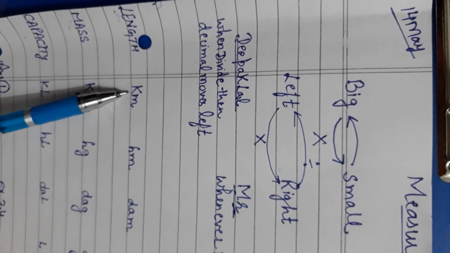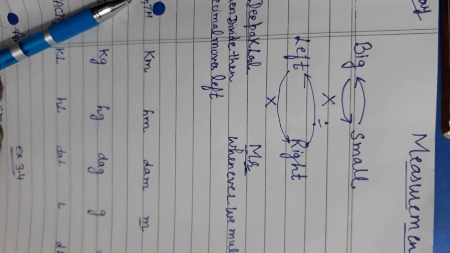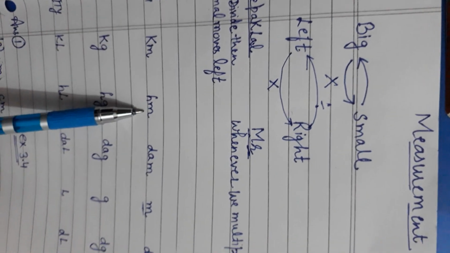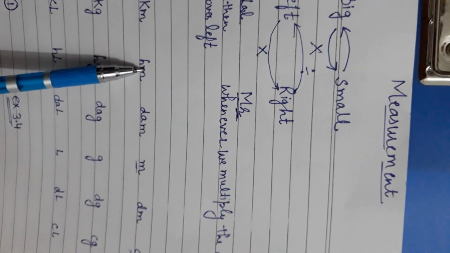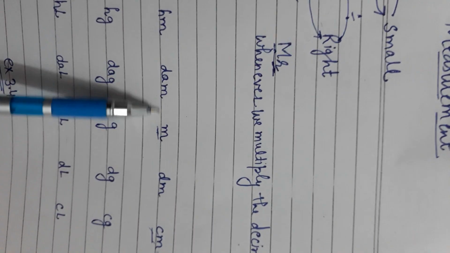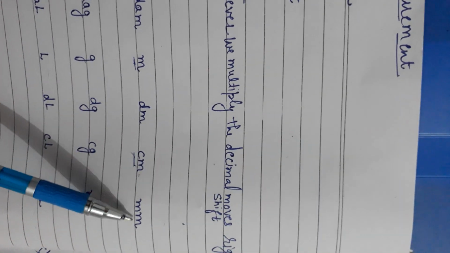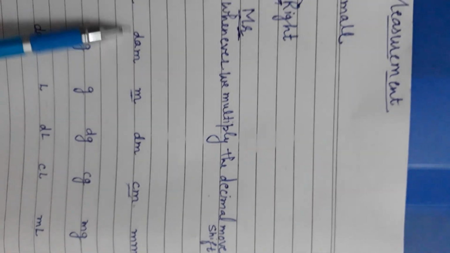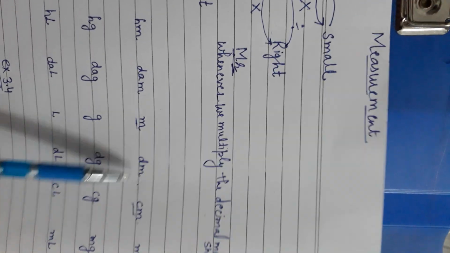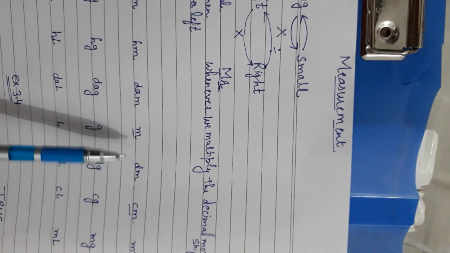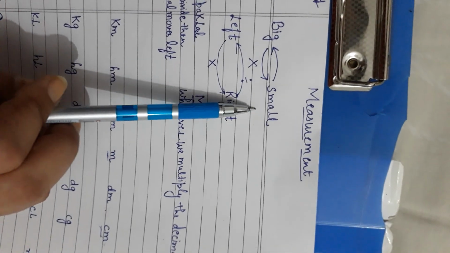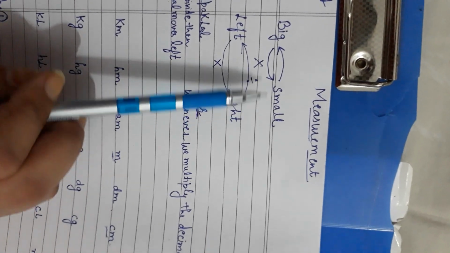See, kilometer left side पे लिखा है, it is the bigger unit of length. ਉਸ ਤੋਂ ਬਾਅਦ ਹੈਕਟੋਮੀਟਰ ਲਿਖਿਆ smaller unit है, ਇਸ ਤੋਂ smaller डेकामीटर है, ਇਸ ਤੋਂ smaller मीटर है, then decimeter है, then centimeter and millimeter. मतलब when we keep on going towards right the smaller unit ਵੱਲ ਜਾ ਰਹੇ ਹਾਂ, ਠੀਕ ਹੈ, so on the right side we have to write the smaller unit.